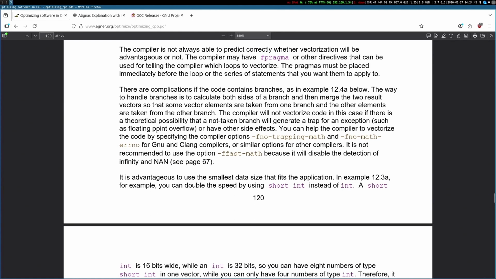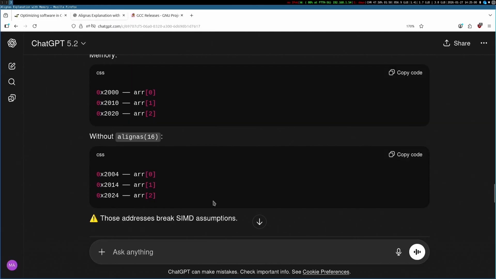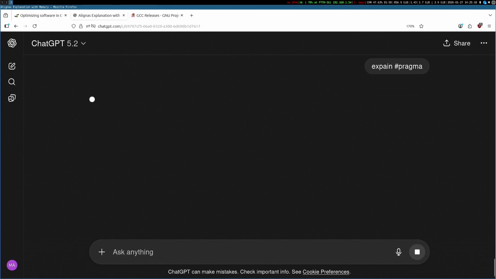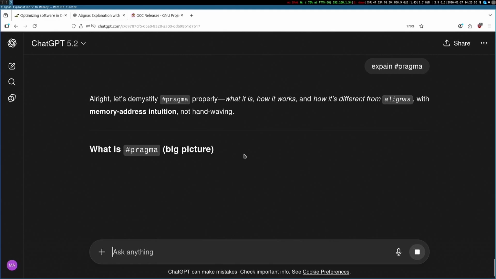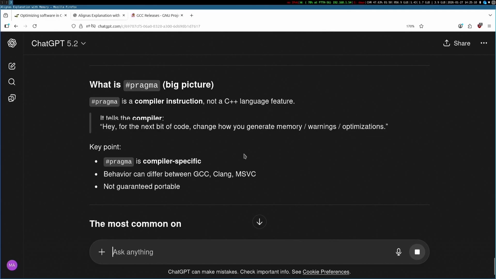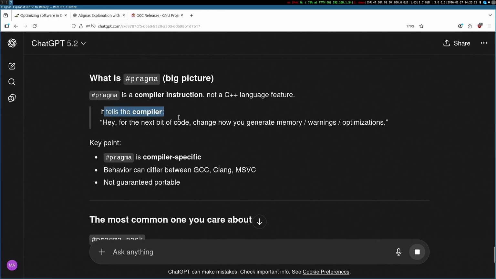Compiler is not always able to predict whether vectorization will be advantageous or not. The compiler may have a pragma directive that can be used for telling the compiler which loops to vectorize. Explain pragma. It is an instruction that tells the compiler